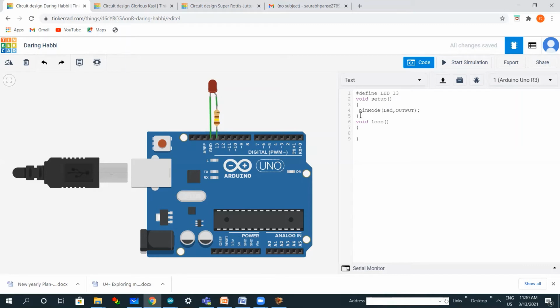This can be divided in two parts. The first part being pin, the second part being mode. So pin number 13. You can either write the pin number or the name. I've written the name, and see to it that the name must be similar. In my case, the name is not similar, so I will have to make it similar. Otherwise, I will get an error. As LED is in capital letters, I've written it here in capital letters as well, and the mode is output mode.